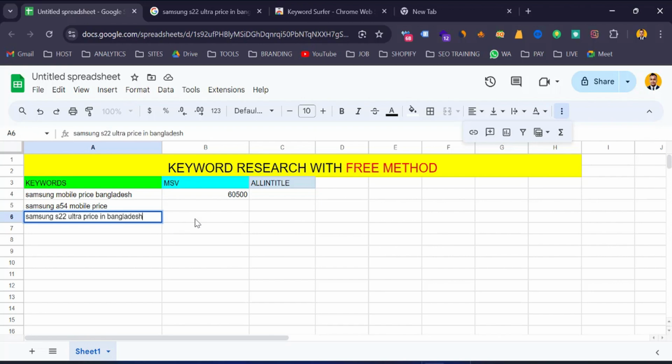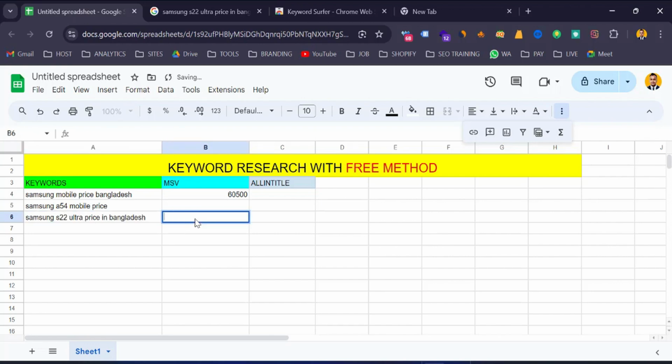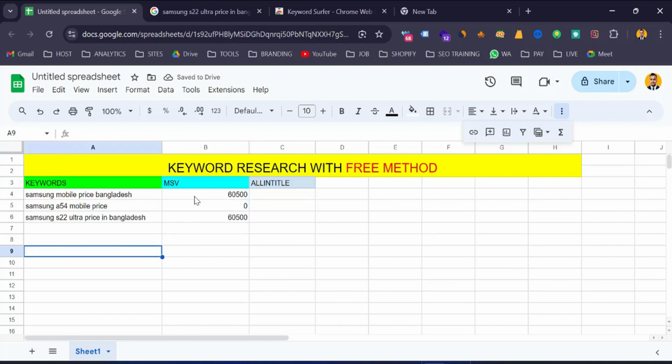Oh, I forgot to collect the search volume for the keyword Samsung. Oh, there is no search volume. Maybe, yeah, I will put it as 0. Okay, no problem. So in this way you can pick lots of keywords, definitely. And after that, what you will do: